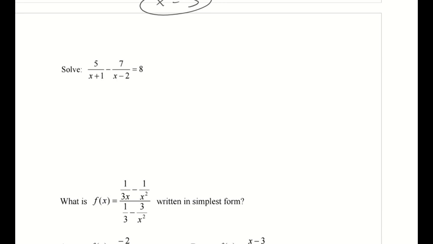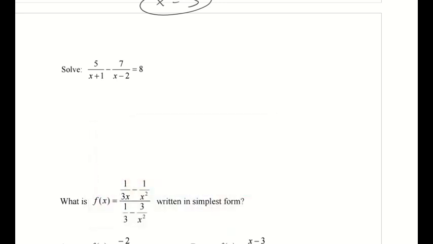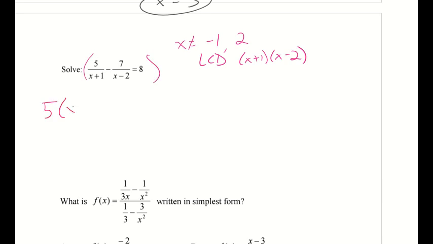Over here, we've got that x can't equal, you know what, let's switch up the color a little bit. So x can't equal -1 or a positive 2 by setting our denominators equal to 0. Our least common denominator here is x plus 1 times x minus 2. So what we're going to do when we multiply both sides by this,